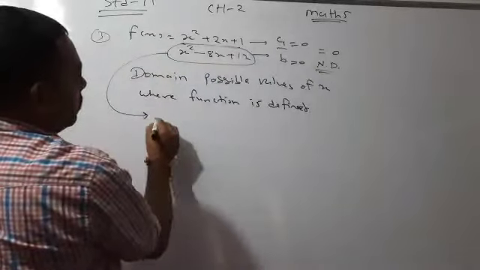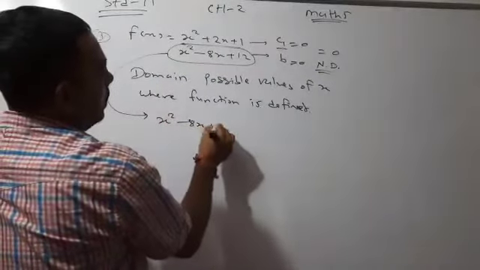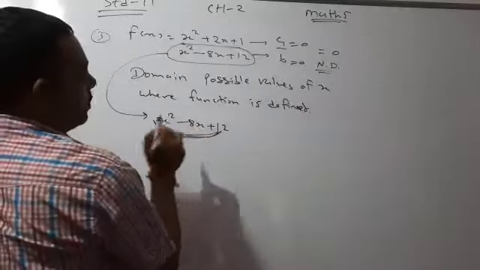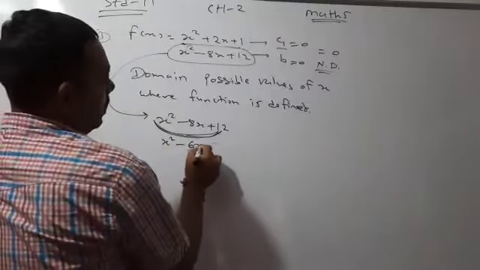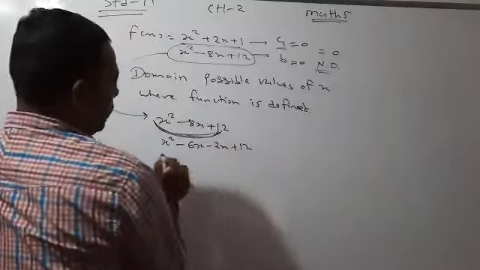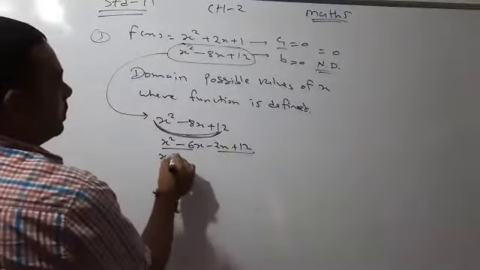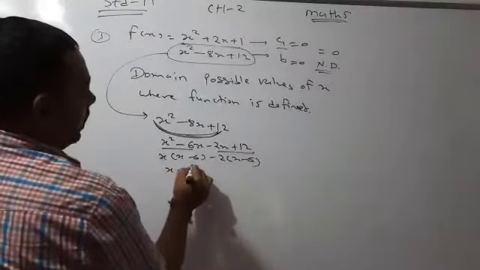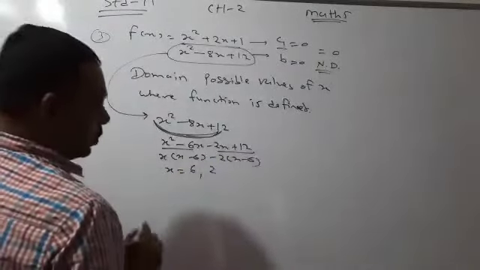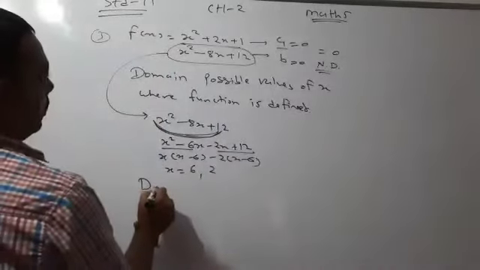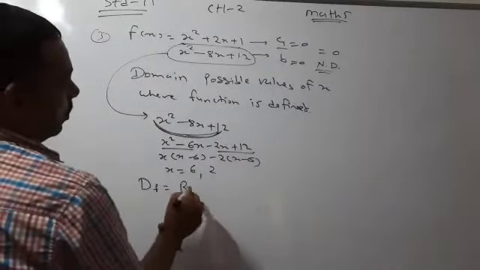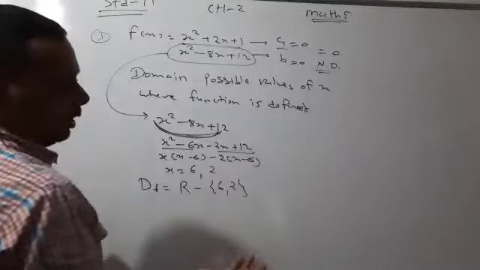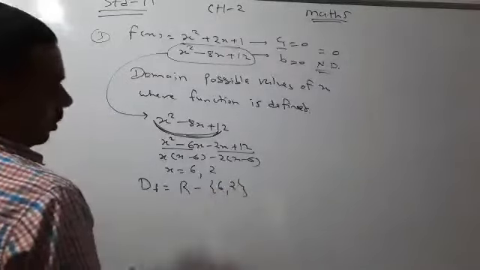Now we find the roots of x square minus 8x plus 12. Now, factors of 12 which give us 8. So we can say x square minus 6x minus 2x plus 12. Now we can take common x, we will get x minus 6 here, minus 2, x minus 6. So the possible values of x are 6 and 2. So finally we say that the domain of this function D f is equal to the whole real number set minus 6 and 2. We know that order is not important. You may write 2, 6 also. You will get the same mark.